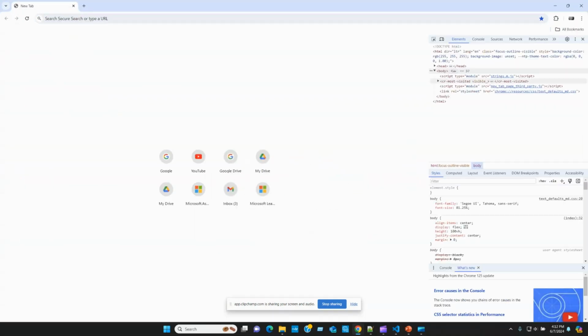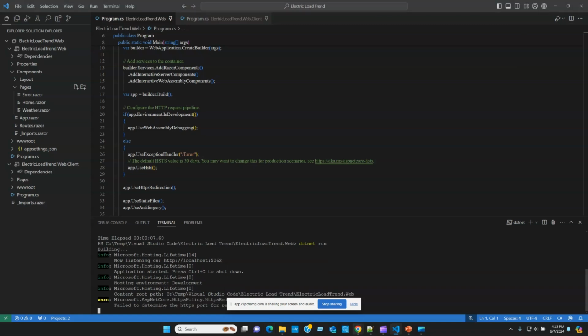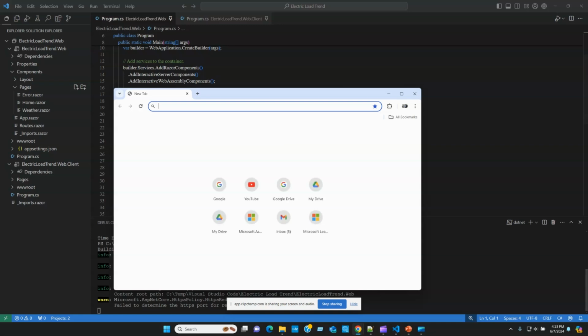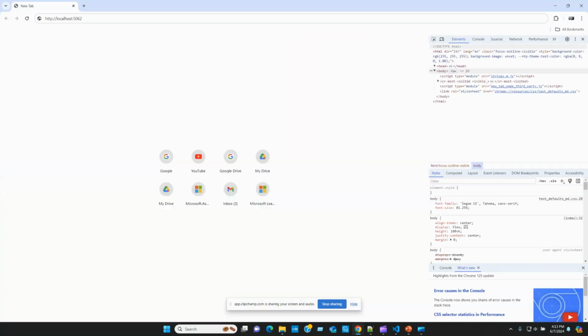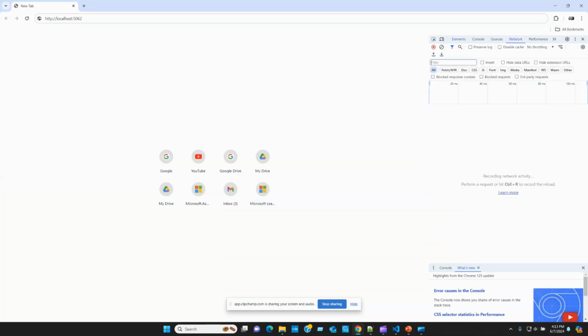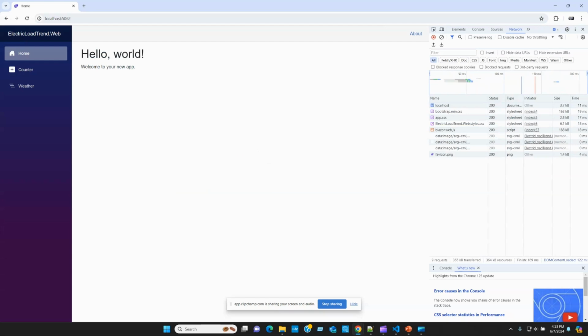I'm going to press F12. Let's open up a Chrome browser and press F12. This will open up the developer tools. Go to network, and then we're going to hit the link. Once you hit the link, you can see